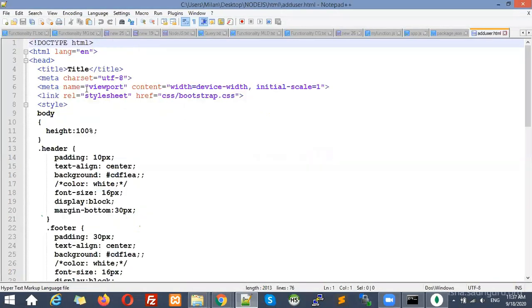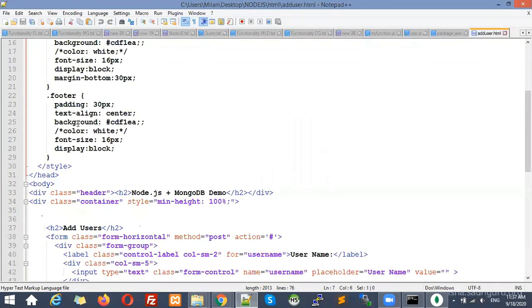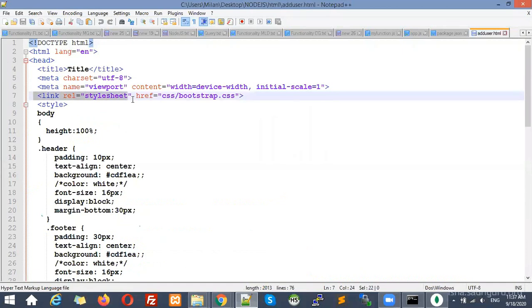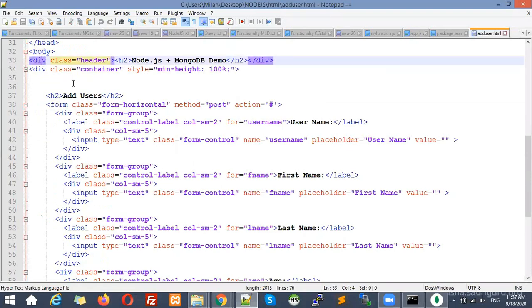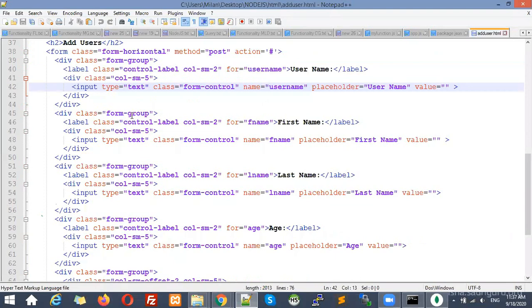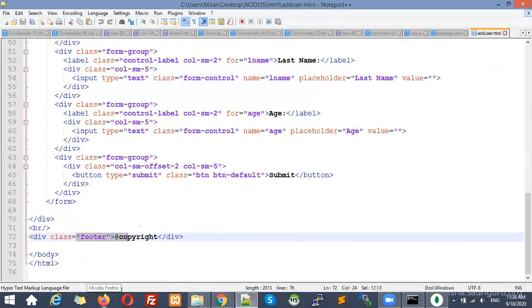Okay. This is a simple HTML, like you can see HTML, head, then a few styles. Also, I have included an external style that is inside the CSS folder, bootstrap.css. Then body, then div, then you can see a form, and inside that one input. So this is a basic HTML. Then you can see at last there is a footer, right?